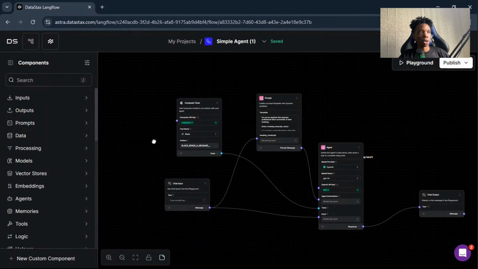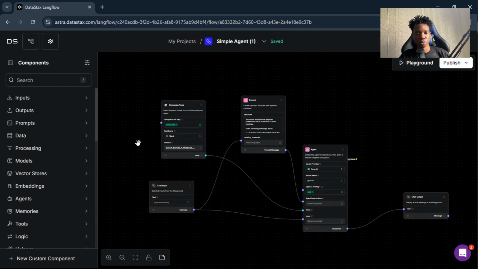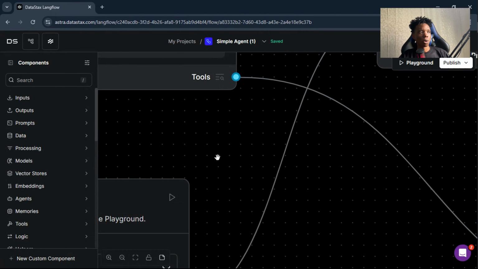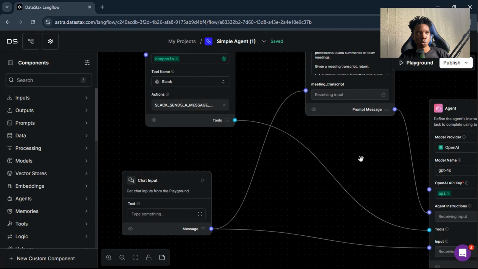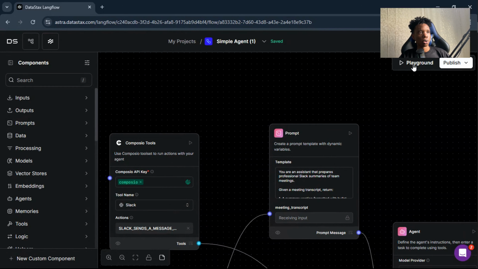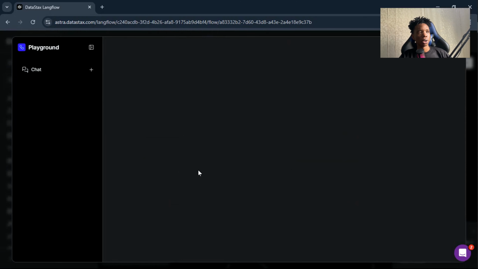Let me take you through the project on Langflow. Okay, so what we have here is a project open on Langflow. We currently have some components which we'll be going through. Before that, let me just show you this particular project in action. So let's quickly pull up the playground,